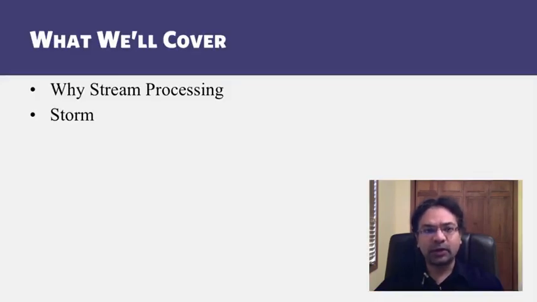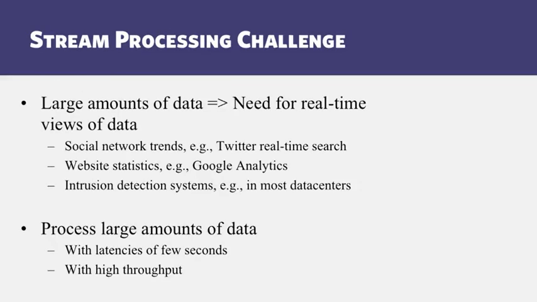So we'll discuss why stream processing is important in today's workloads, and then also we'll discuss some design details of STORM. So today's workloads involve large amounts of data, whether these are feeds in a social network or click-through information from particular websites or from advertisement networks, or whether they are logs of accesses in any distributed computing infrastructure. So when you have such large amounts of information, you need some real-time view of this data so that it can be compressed and distilled down into a form that is digestible